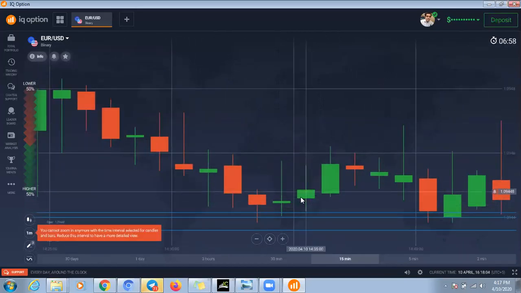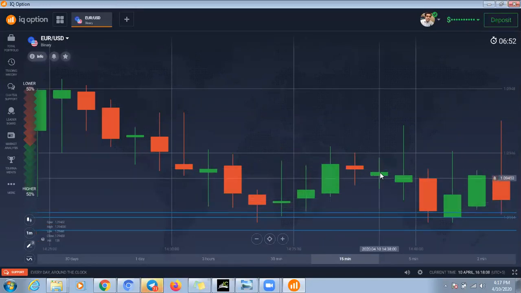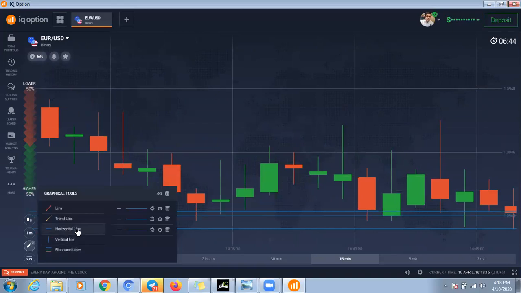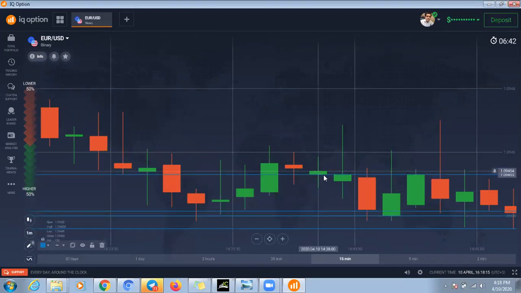This is not a spinning top, okay, because this wick is much bigger than this wick. This is the spinning top. After this spinning top, we did not find any body. These are resistance, upper levels, because we found many levels, and that's why this candlestick goes down.